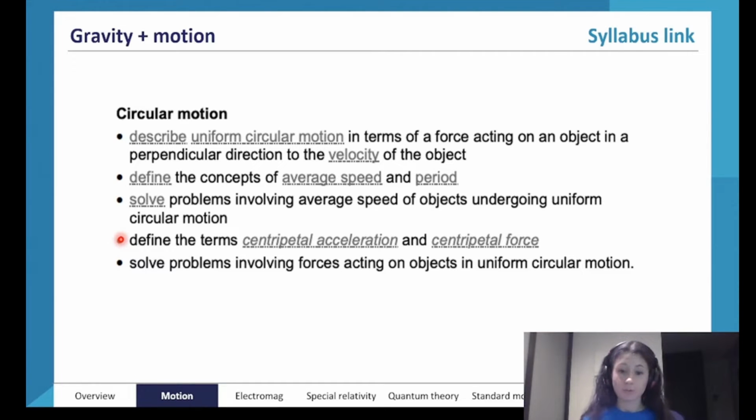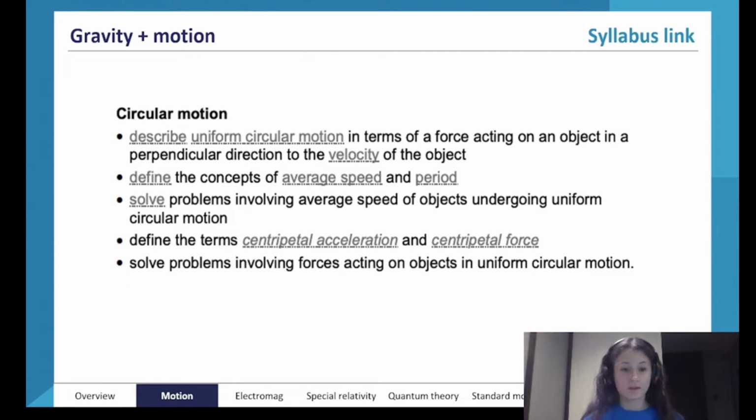If you're looking for where to find the QCAA definitions, all you need to do is go onto the syllabus, the big PDF document, and then Control F, search the document for the term. So I'd Control F centripetal acceleration, and then go down to the end of the document where the glossary is, and then find that definition and just copy paste it into your notes. Absolutely saved me. Brilliant tip.